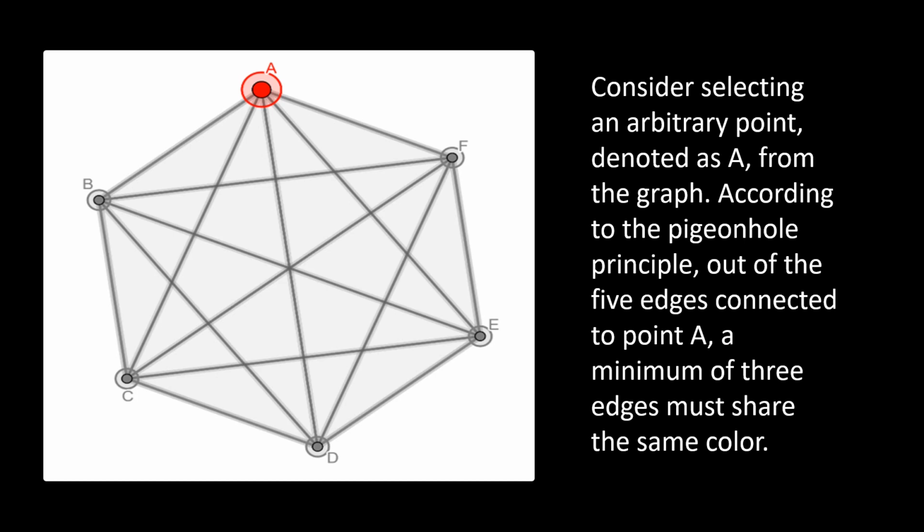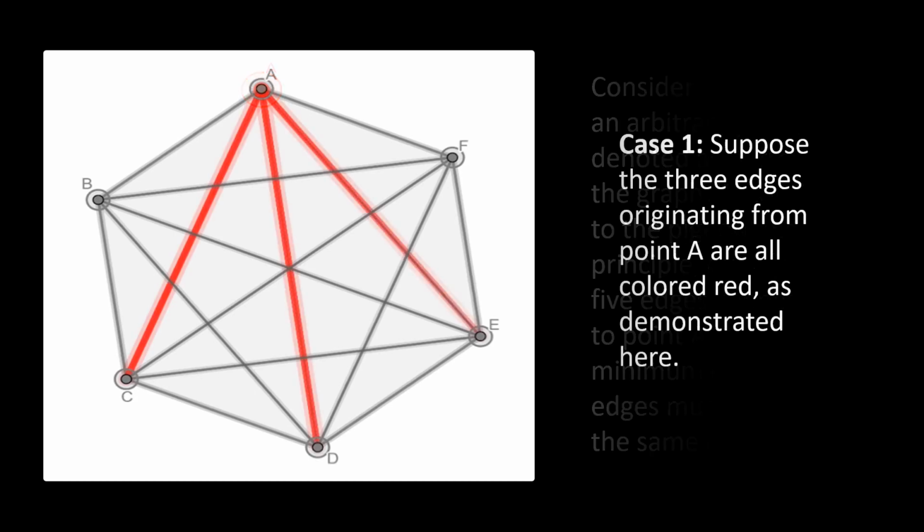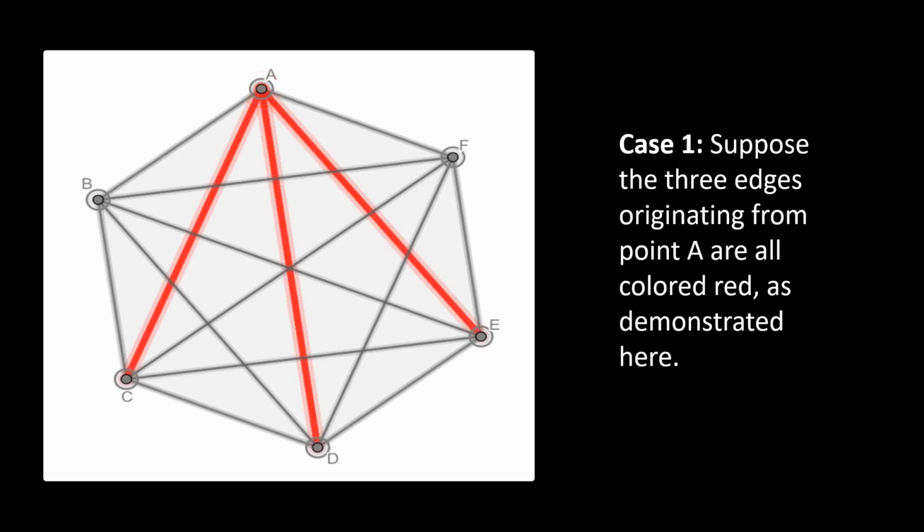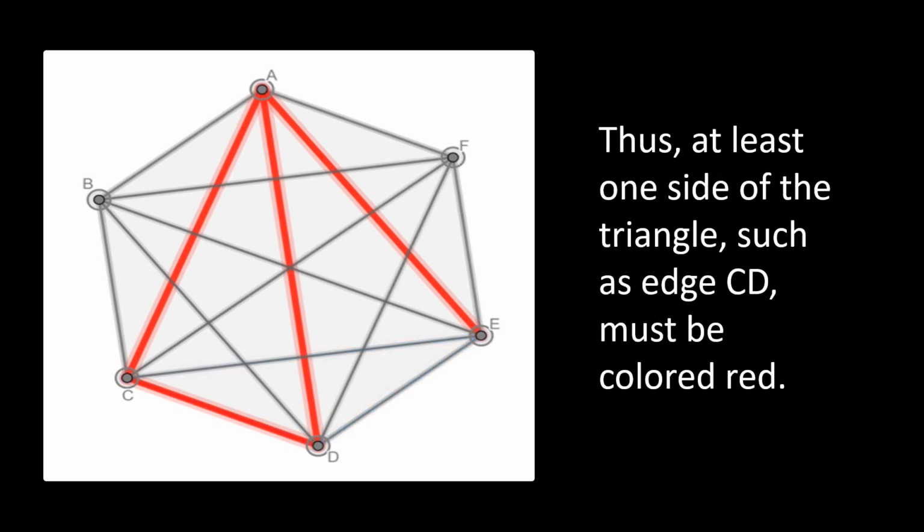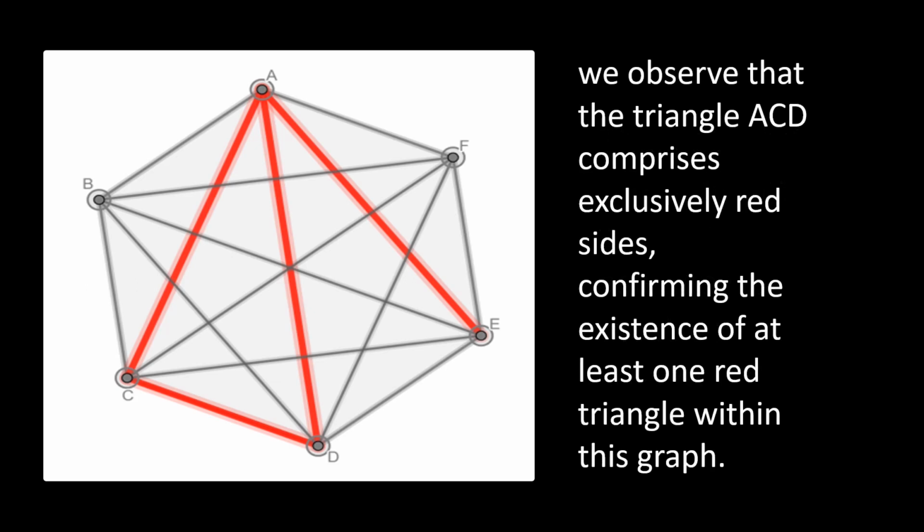Let's examine 2 cases. Case 1, suppose the 3 edges originating from point A are all colored red, as demonstrated here. In this scenario, if we consider the triangle formed by the endpoints of these 3 red edges, denoted as CDE, we can confidently assert that not all 3 sides of this triangle are blue. This conclusion follows from the absence of blue triangles in the graph. Thus, at least one side of the triangle, such as side CD, must be colored red. Consequently, we observe that the triangle ACD comprises exclusively red sides, confirming the existence of at least one red triangle